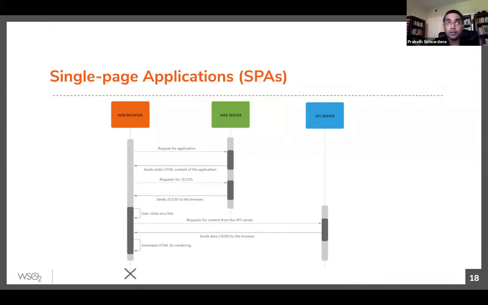So the single page app in the browser can display anything as your username, any other stuff, but that doesn't make sense. You need to make sure all the APIs that are invoked from the web browser, or the SPA, single page app, are properly secure. You can enforce access control at the SPA, at the browser, but that doesn't make sense. It's just a way you can build a better UX experience for the user. But still, you need to make sure you do all the authentication and authorization checks at the API server, right?